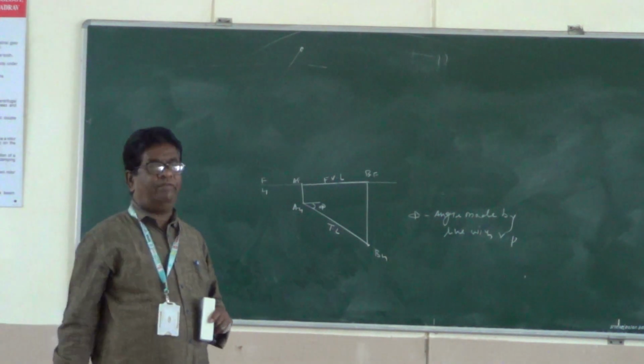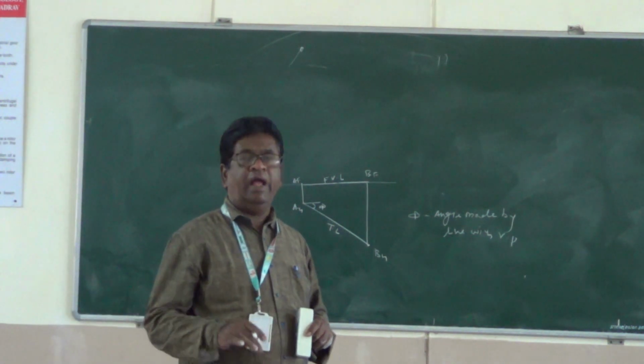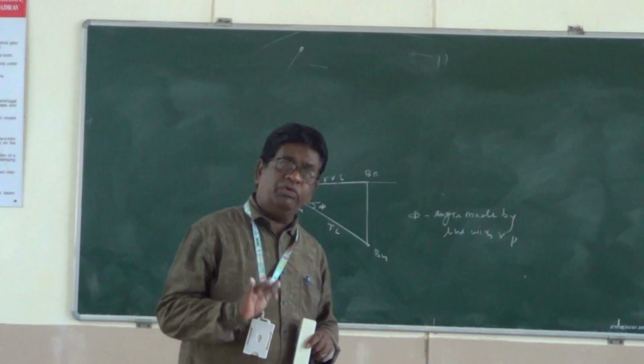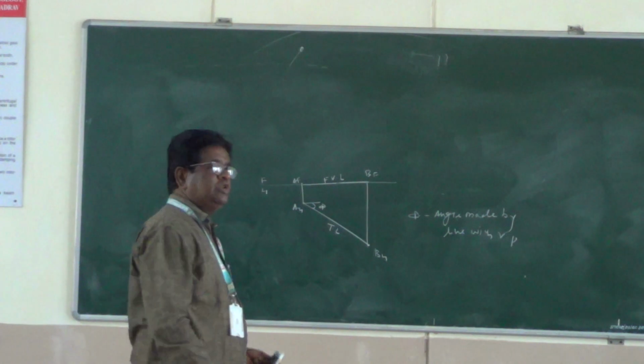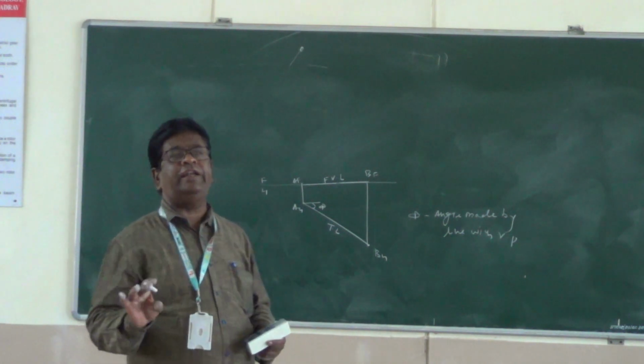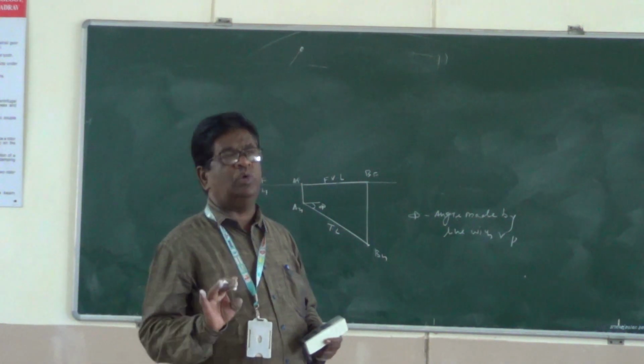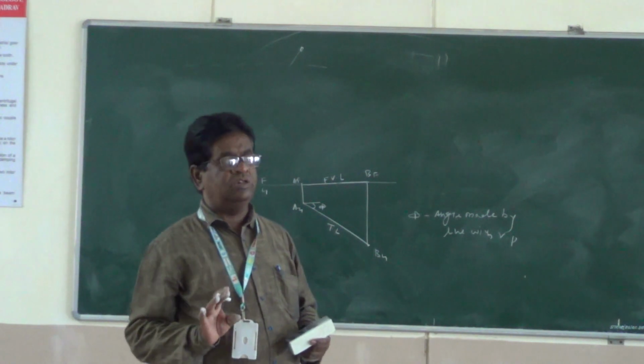Now the next type of line is an oblique line, and we see what the views of the oblique line are. Up till now we have seen all 8 types of lines show their true length in one of the views, either in top